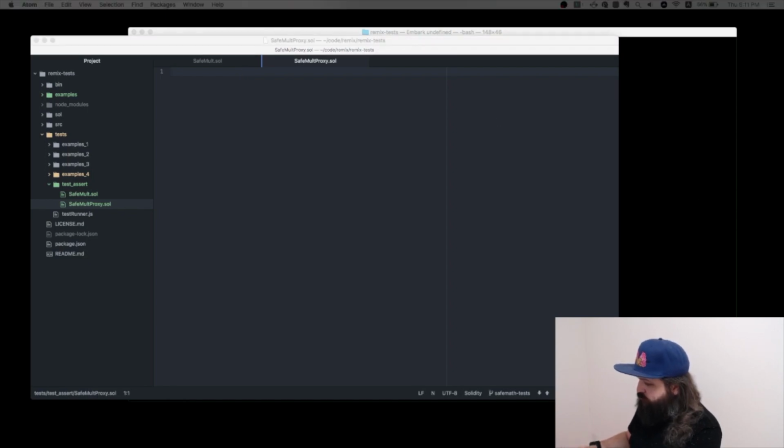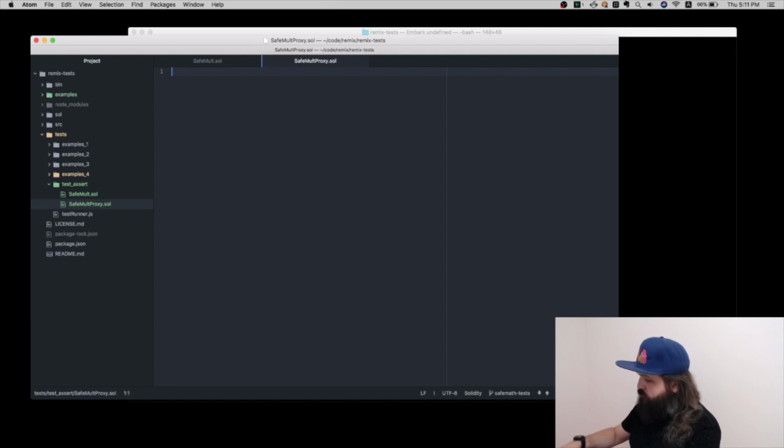Once again, we're going to declare our version of Solidity. Whoops, forgot the caret. And we're going to import the contract that we just wrote. So we'll call this the safe mult proxy contract. And when you use a